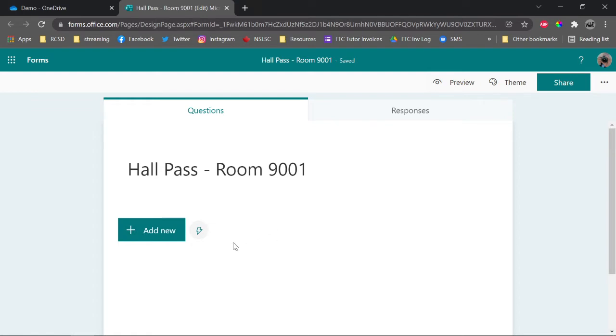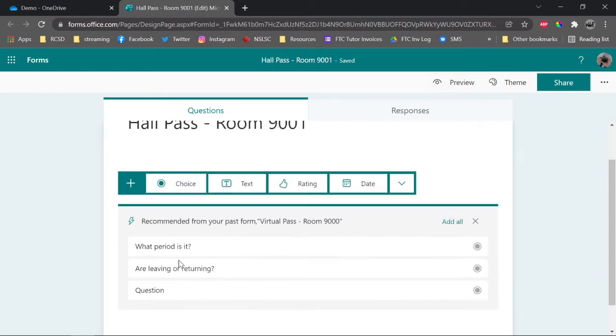So there's three parts to the hall pass that I usually create here. You want to have the period that the student is currently in, and this is from my context of being in a high school. In elementary, you might not want that there. But in a high school, I would usually have period selection. You want to have a selection for a reason, and you want to have a selection saying are they leaving or returning. So we'll start off by saying what period is it,